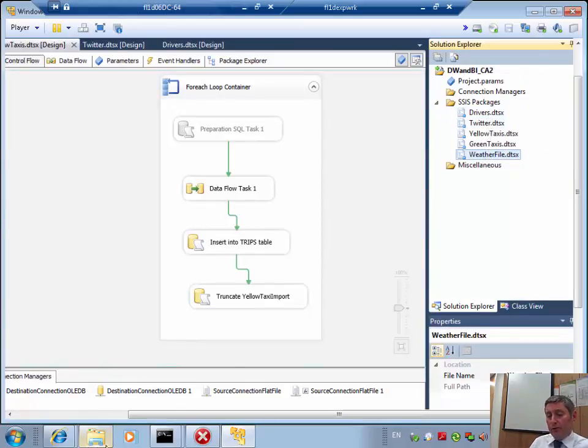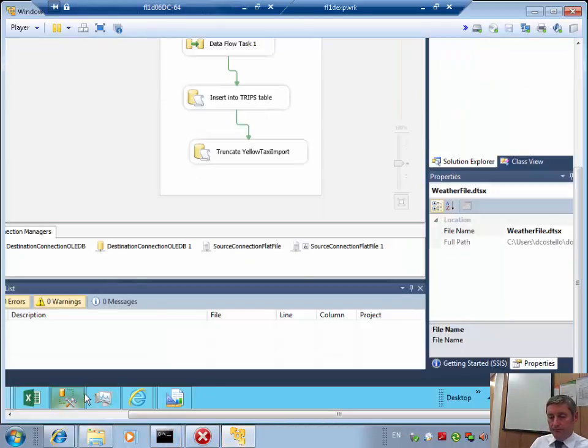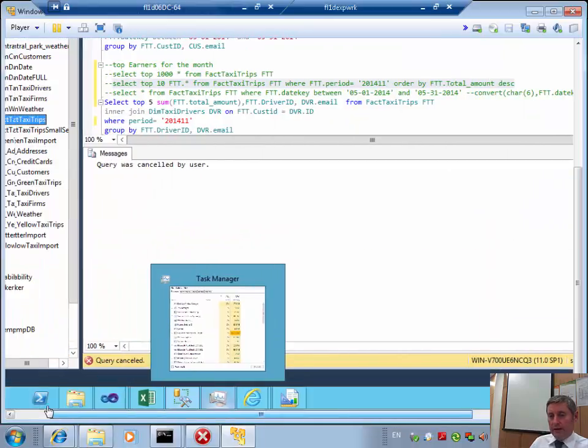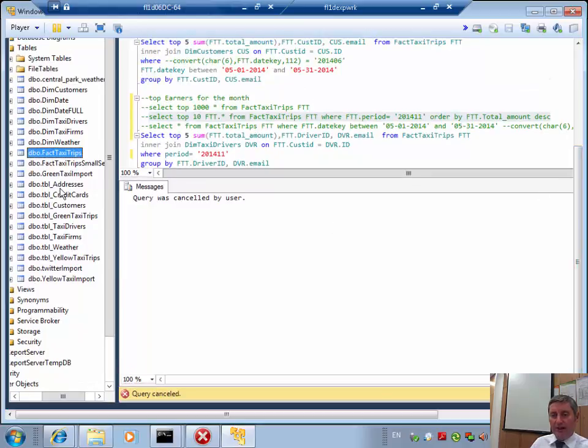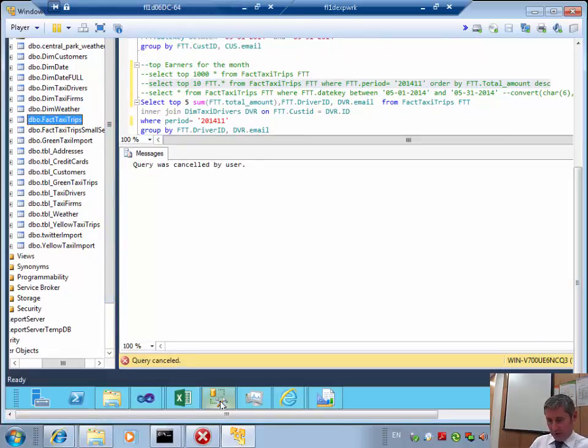So this pulled the data into the database, and we can see that here on our database model. And these are all our tables, and we can see here that, for example, we've got a table full of addresses and credit cards and customers, and this would have been denormalized and pulled into a dimension for customers, as well as yellow taxi trips and green taxi trips would have been pulled into a fact table for taxi trips. So this data was denormalized and allowed us then to pull that into SSAS for analysis into a Microsoft